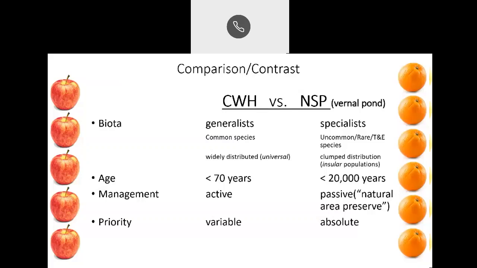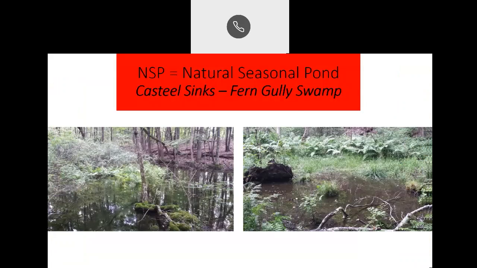So that clearly means that in terms of management, these historic sites really should be afforded an absolute priority in managing them as natural area preserves, where the other things can be manipulated here and there according to the wildlife objective. Next slide. Here's another example, and this is at a particular area here in western Allegheny County that is